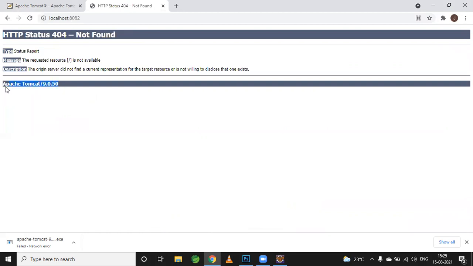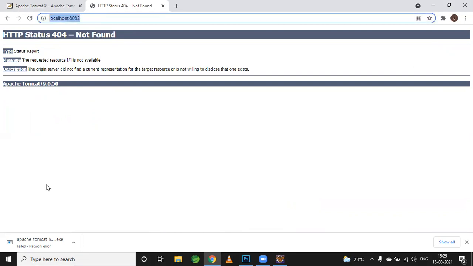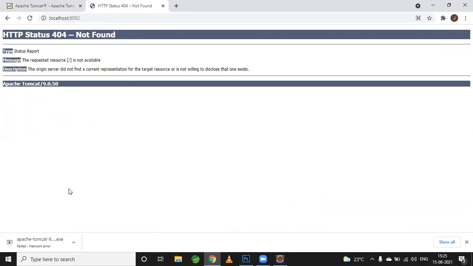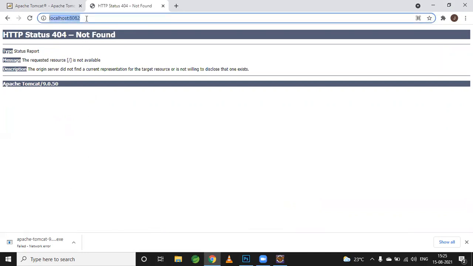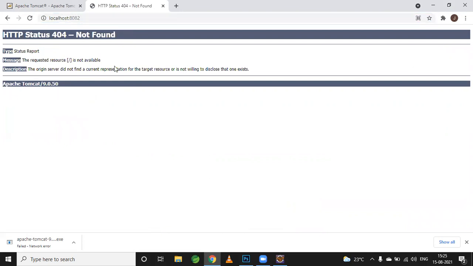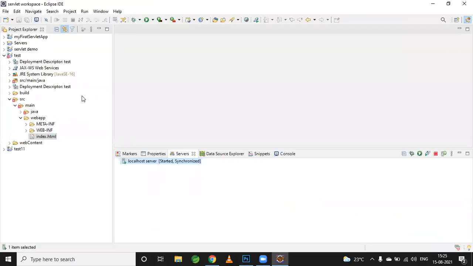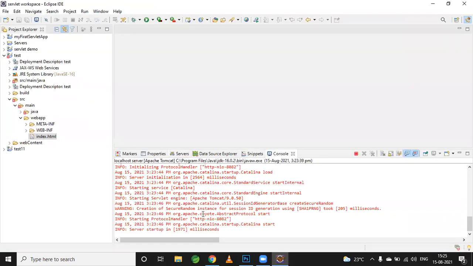And on the downside you can see Apache Tomcat 9.0.50. It means that this request is hitting our Tomcat, which means our Tomcat has already started, and whenever we enter this request, it hits our Tomcat and we get this response. So this is how we can say that we have started our Tomcat successfully.